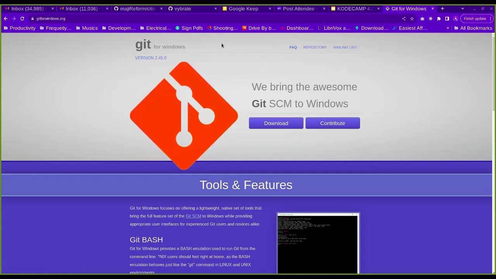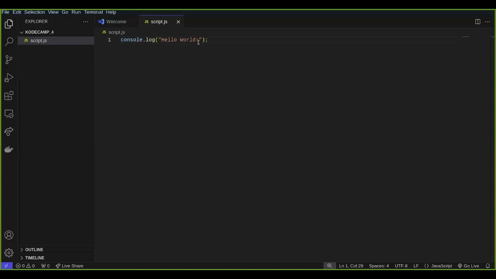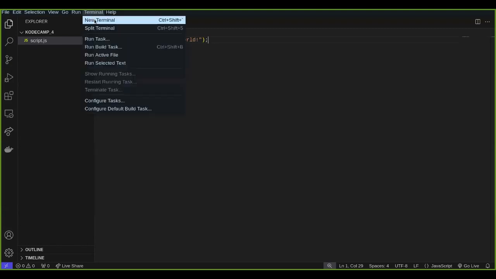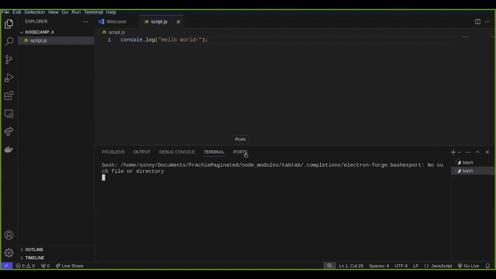So we can now go back to our VS Code and finish up from where we left off. We have Hello World here already, right? And here I've already installed VS Code. I've already installed NodeJs. So I'll just click on terminal, click on new terminal to bring out this terminal, right? On yours, when you click on terminal, there might be something like this.